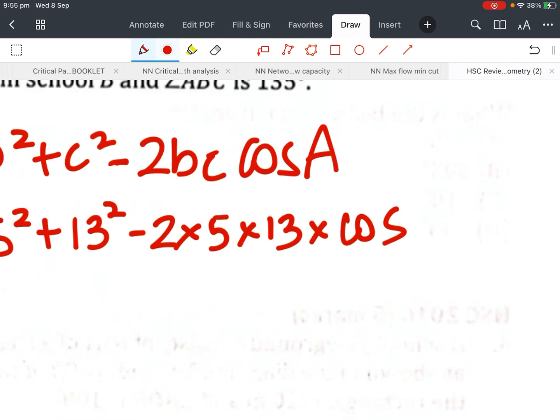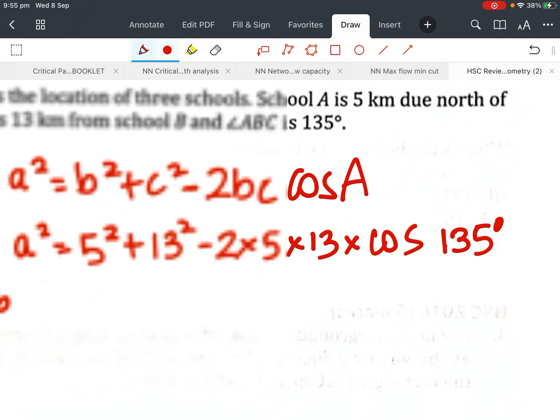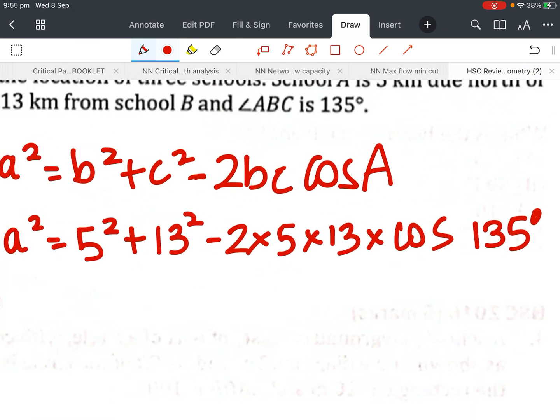It's the angle, 135. Alright, so there it is. I need to put that into my calculator. You can do this all in one go. 5 squared plus 13 squared minus 2 times 5 times 13 times cos of 135. Close the brackets if your calculator opens them. I got a squared equals